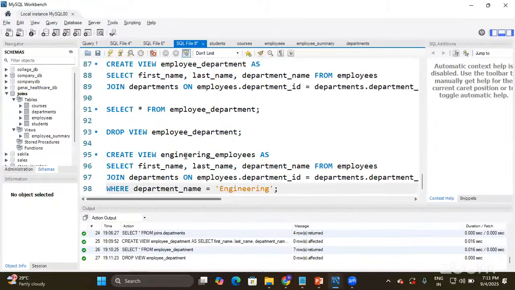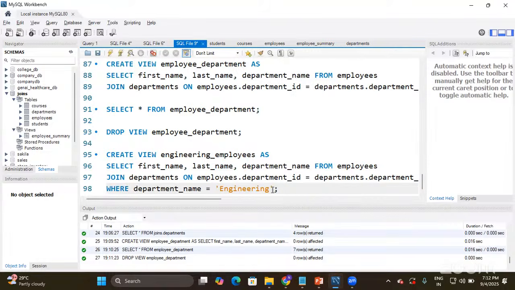I'm going to create a view. What is the syntax? Create view, view name. Engineering employees is the name of my view, as select query. So what is the select query that we have kept? It is again the join. Yes, what kind of join? Inner join. It is nothing but inner join, guys. You are performing the same inner join, but additionally you are coming up with a condition. What condition? I am using where clause so that